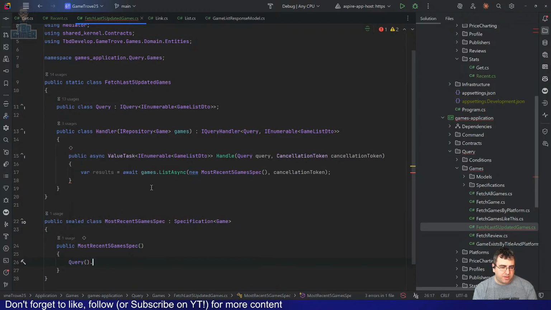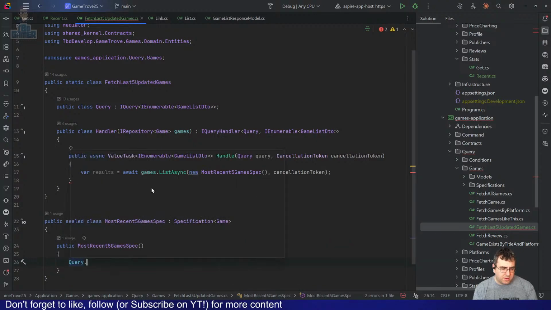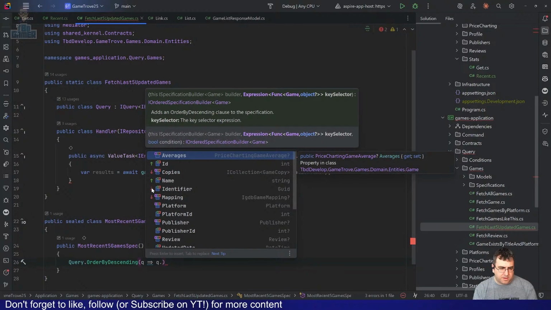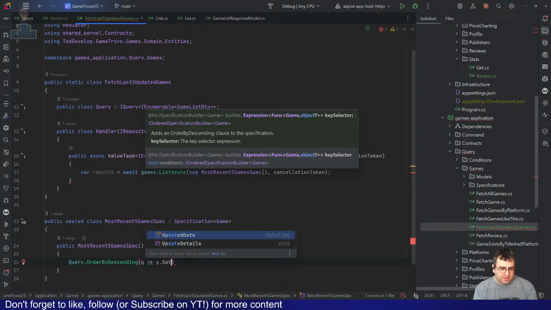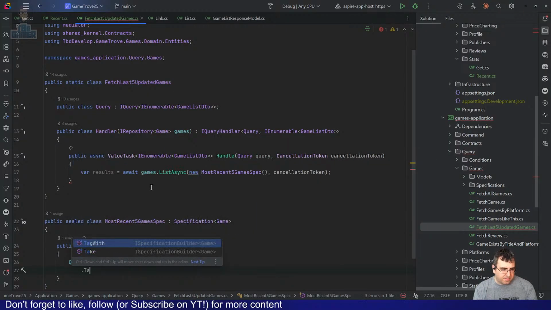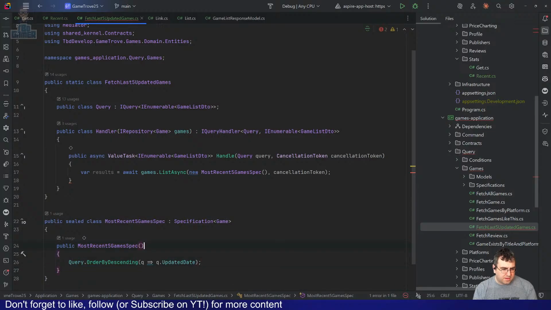So this is going to be query dot order by descending, q dot last updated date. Actually, that's all we need for that.